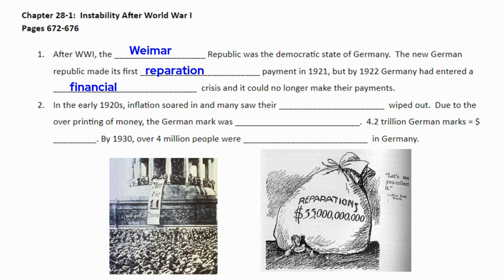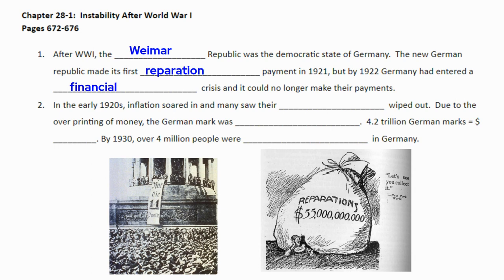Some nations, like France, were obviously upset by this, and they occupied the Ruhr, which is a region of Germany where there is a lot of coal. They sent French troops in there to occupy it and make sure that the French would get their fair share as far as money. But when it came to the United States, within a few years, we basically pardoned Germany, and they were no longer required to make their reparation payments.